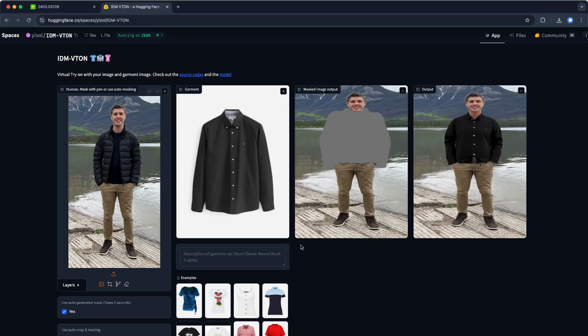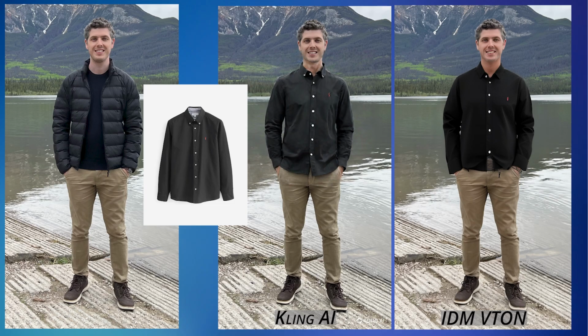But what we'll do is I'll quickly give you a bit of a comparison between what it produced and what Kling AI did, and you can actually tell yourself. And so here's the comparison between Kling AI and VTON, which I think is the runner-up model out of all the ones I've tried. I've tried quite a few, and they are actually worse than this. Now, it's done an alright job. It's got all proportions correctly, but the color's a bit off, and it just doesn't look as natural as the